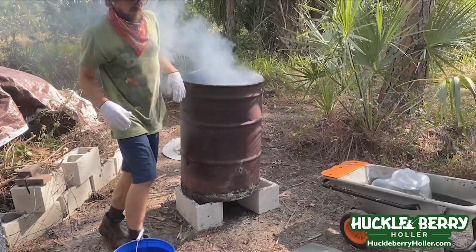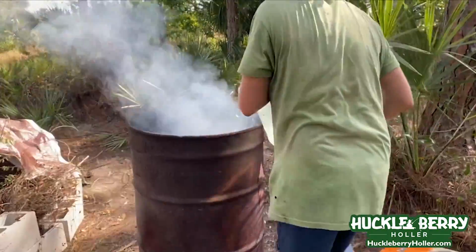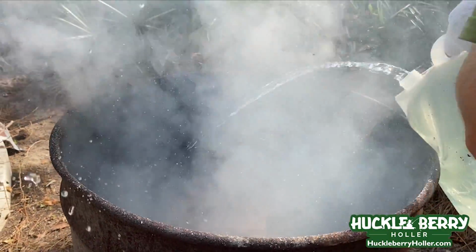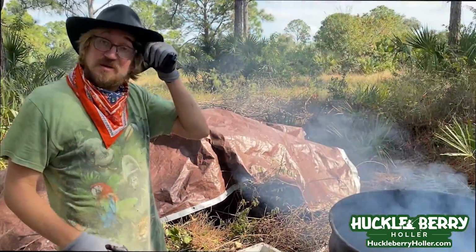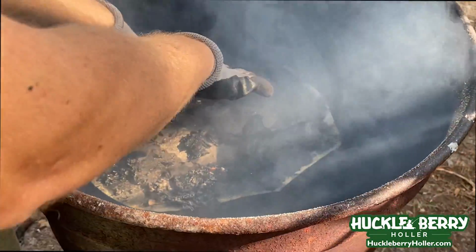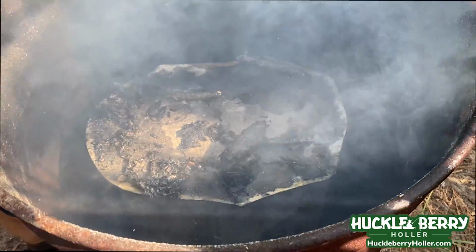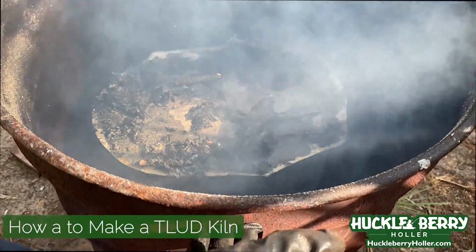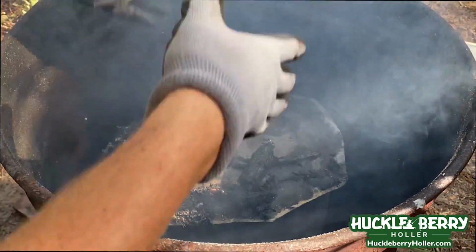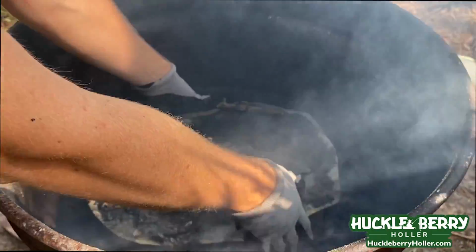So inside here we have another small barrel. Put some water on. Alright, so we got that top off, put some water on it. I have bricks holding down this top container. Usually what you can do is get a 30 gallon. So this is a 55 gallon metal drum. You can get a 30 gallon metal drum and put it in and do this, but I didn't have one. So I have this